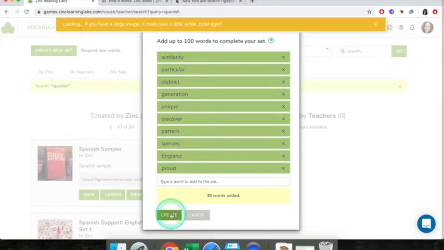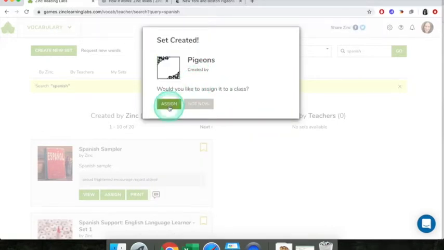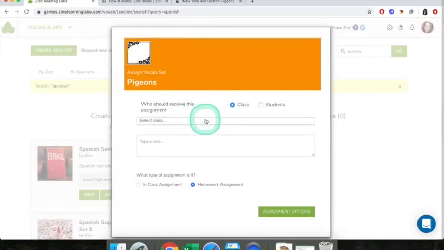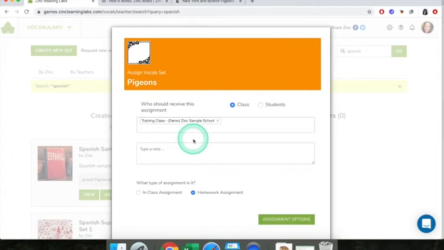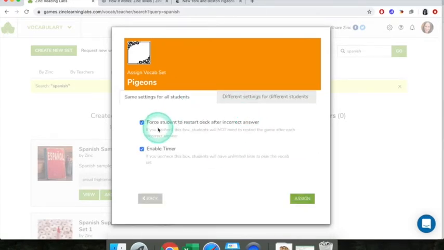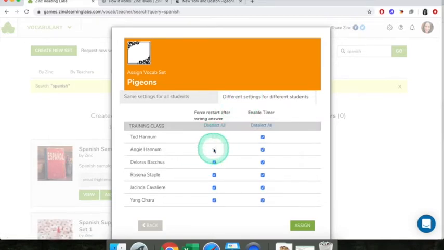So once I create this vocabulary set, I can assign it to my class. And I want to show you some of the personalizations that I can do with my class. The defaults on vocabulary games are actually rather challenging at first, so I can remove these. There is one that forces students to restart the deck after every incorrect answer. That is awesome for learning the words really, really well, but it also might be really challenging or triggering for some students. So I can remove that for the students who maybe wouldn't respond well to that option,